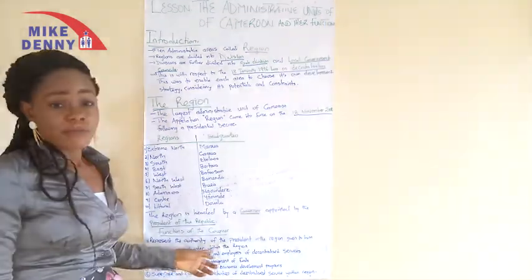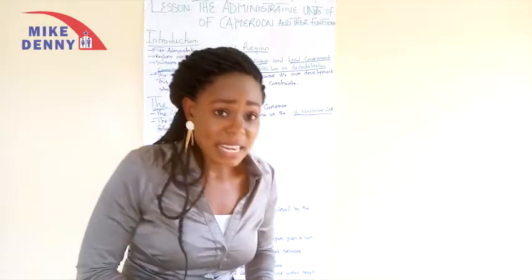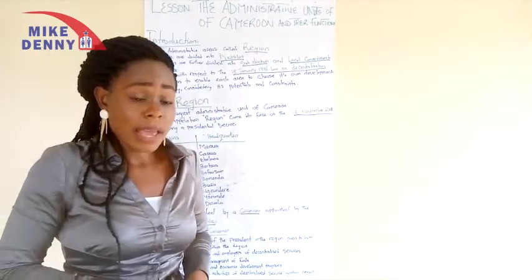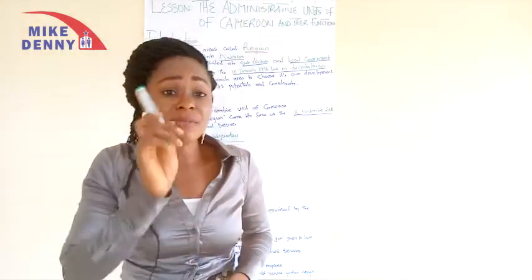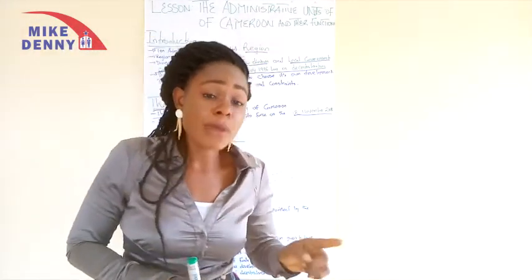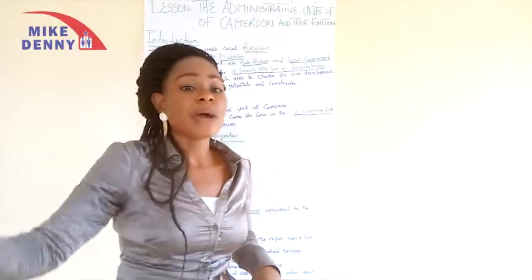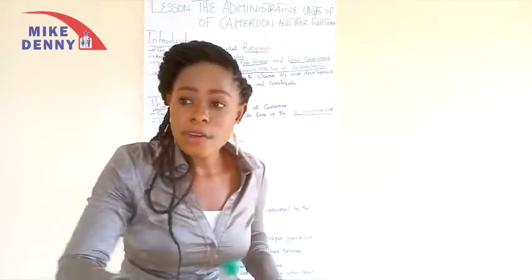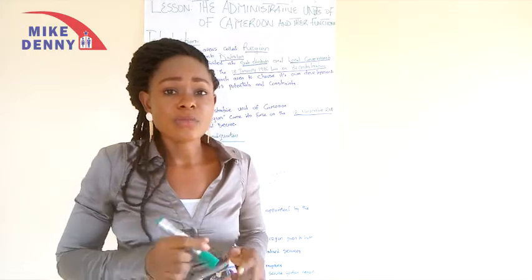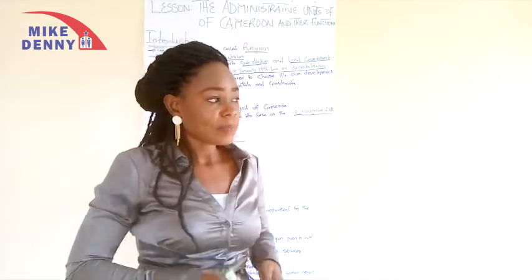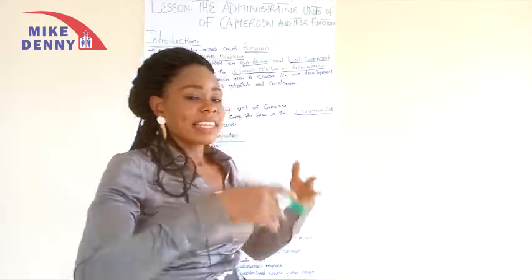One, the first function of the governor is that he represents the president in his area. That is the area where he has been assigned. And take note, as a governor, you must be resident in the area where you are assigned. You cannot be a governor of East and you are living in Yaoundé. You should not be a governor in the Northwest and you are living in the Southwest. Once you are a governor, you should be resident in that area. So the first is that the governor represents the president in their area.